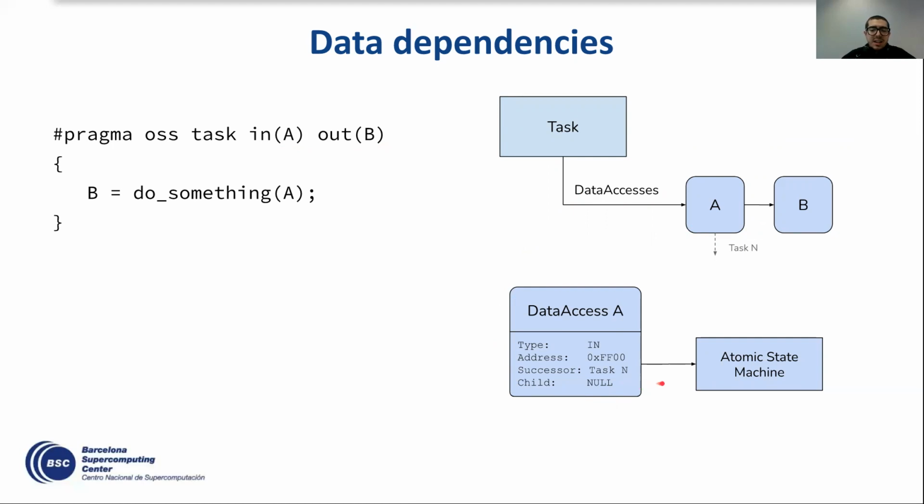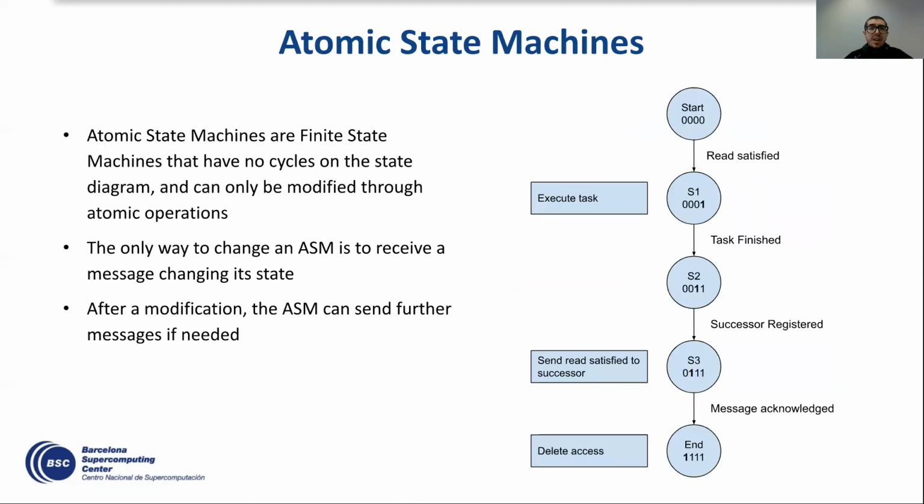Also, its data access has an instance of an atomic state machine. This machine determines if the access is satisfied or it can be deleted, and decides to propagate the needed information to the successor and child accesses. These atomic state machines are finite state machines on which the state diagram has no cycles and can only be